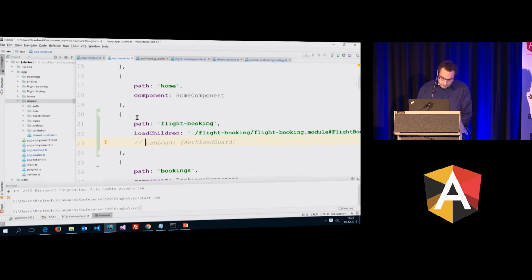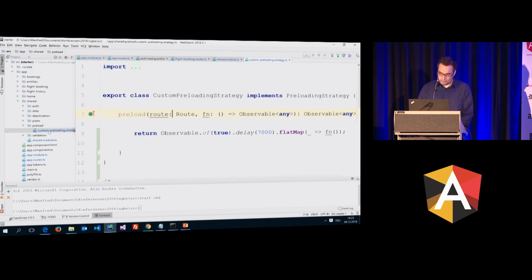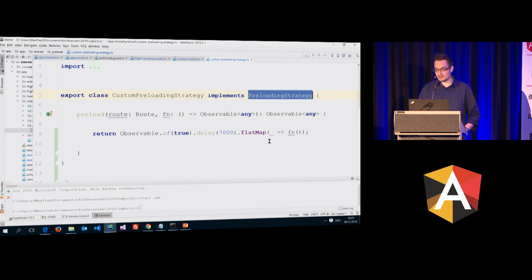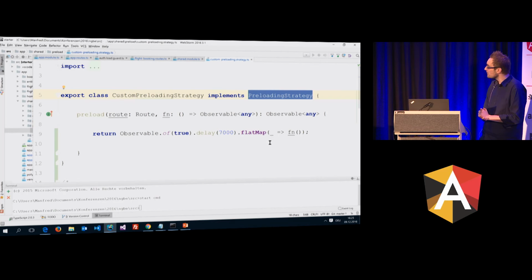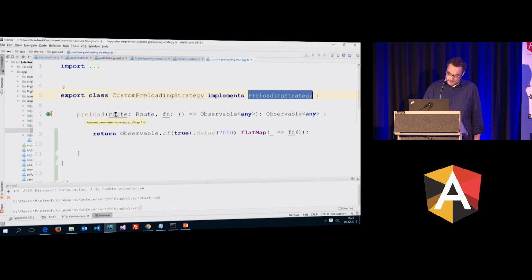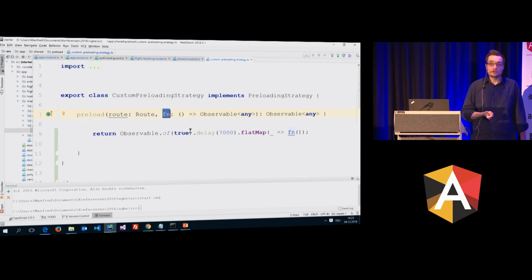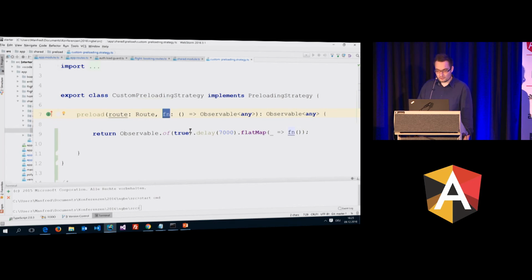And as it turns out, preloading or creating our own preloading strategies is very, very easy. It is just a matter of implementing the base type PreloadingStrategy, and this base type comes with this preload function. Preload takes the route in question, and it also takes a function. And now you can decide within this method whether to load this very module, this very route by means of preloading. And when you decide for yes, you just have to